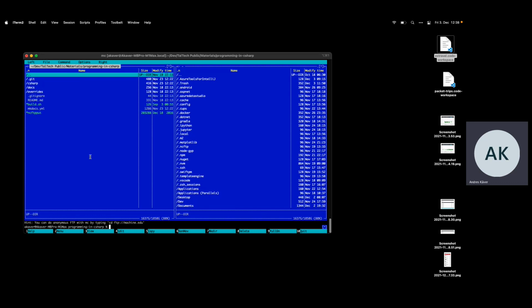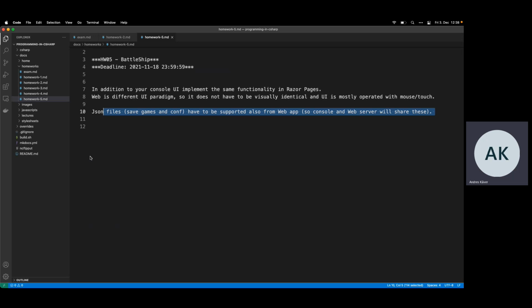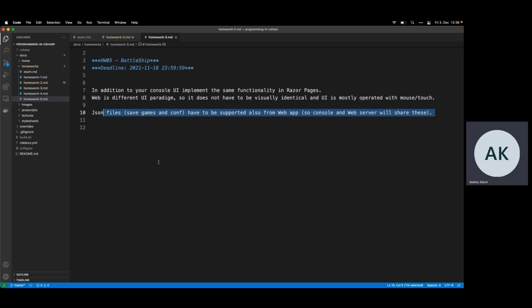Let me write it down more exactly. Okay, it is actually written here: JSON files, save games and configuration have to be supported also from the web application. So console and web server will share these.